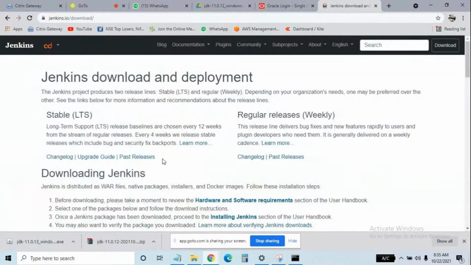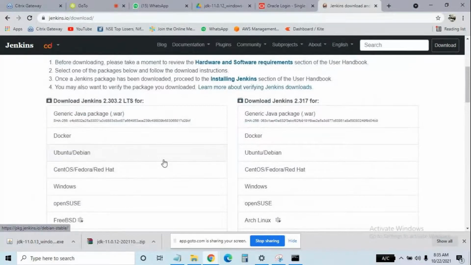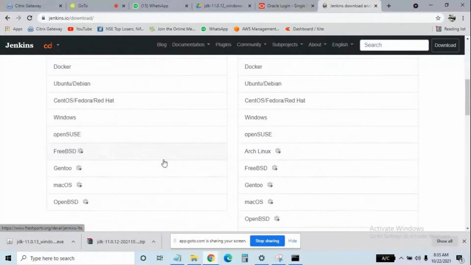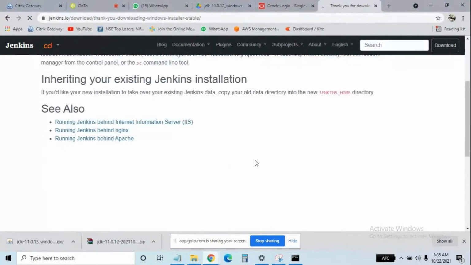Go down here and click on Windows, the left one. Go down slowly. It will download. Wait for a few seconds. Yeah, downloading.